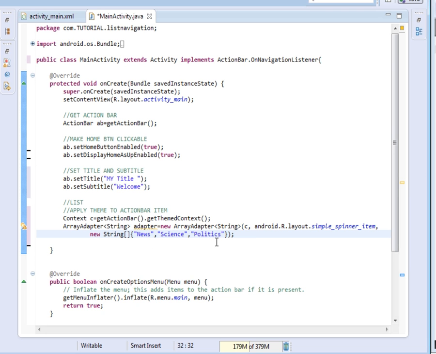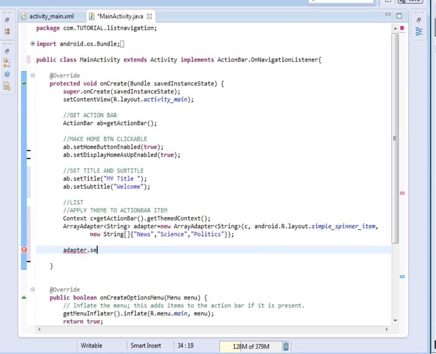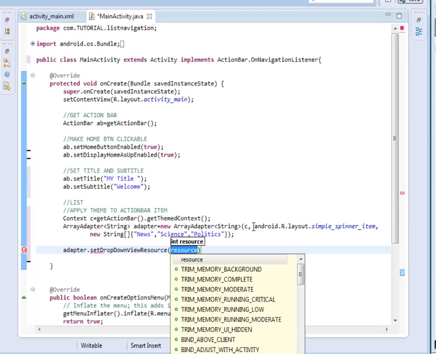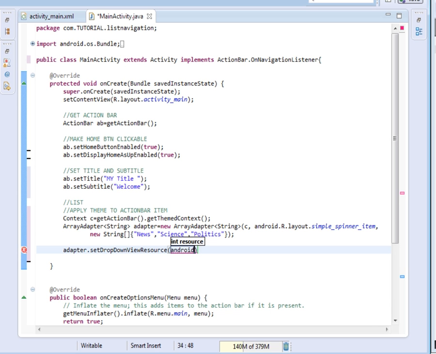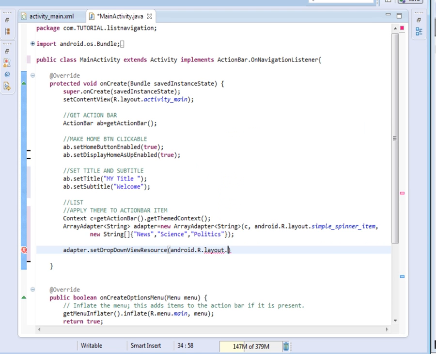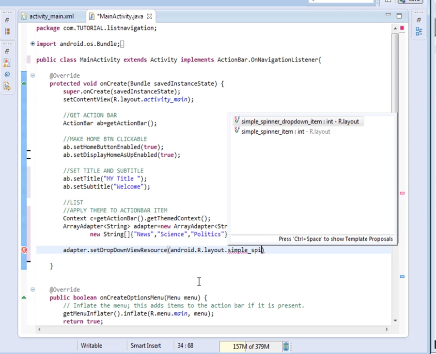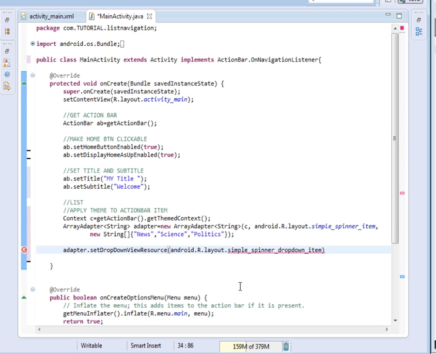Once we've gotten our adapter, now we shall set the drop down view resource. So say adapter dot setDropDownViewResource. Then we pass over the resource there, which is android dot R dot layout dot simple spinner drop down item. Then once we've done that one,